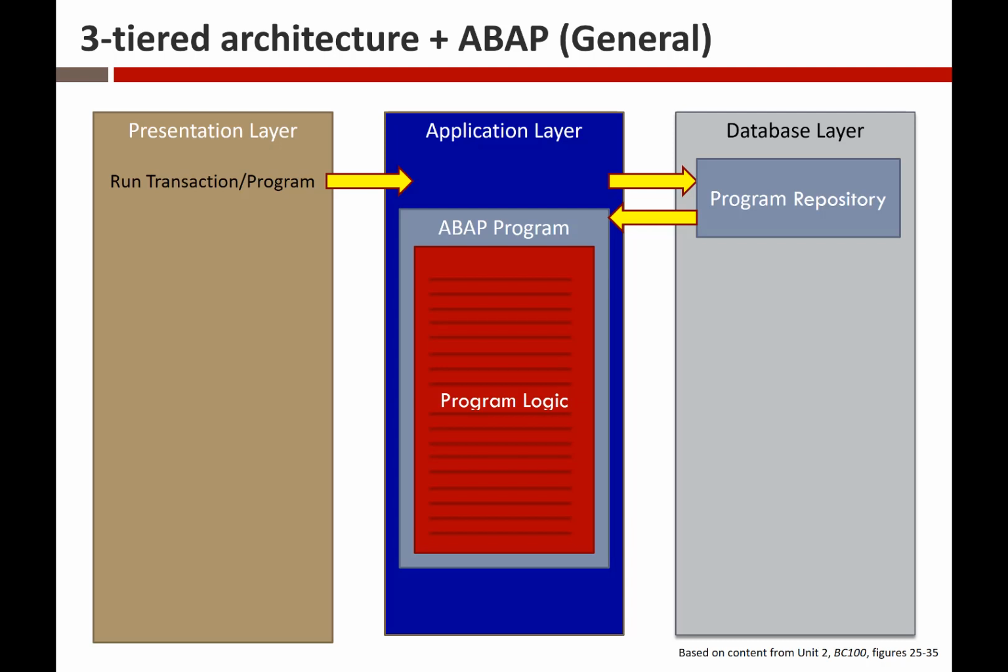So when the end user runs a transaction, that of course tells the application layer, okay, we need to run this particular program. So the application layer goes to the database layer into a location called the program repository, and it fetches that program. And then it pulls it into the application layer, and so now we're going to turn our attention to this